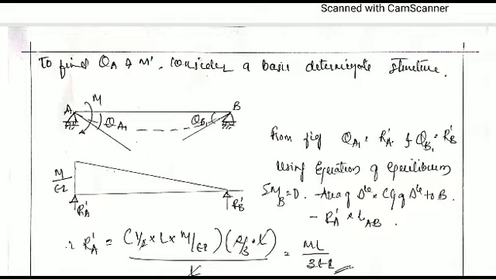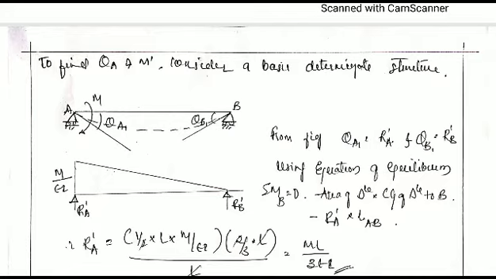For this, let us first draw the bending moment diagram for the given member, where the two ends are hinged or roller with the moment applied at point A. In the diagram, there are joints at A and B where we get reactions RA dash and RB dash, and we can see the moment applied at A and at B it is 0. So the moment at A will be M by EI in the diagram, connected with the joint B. So the load applied will be in the form of a triangle. This is nothing but the moment applied at A.